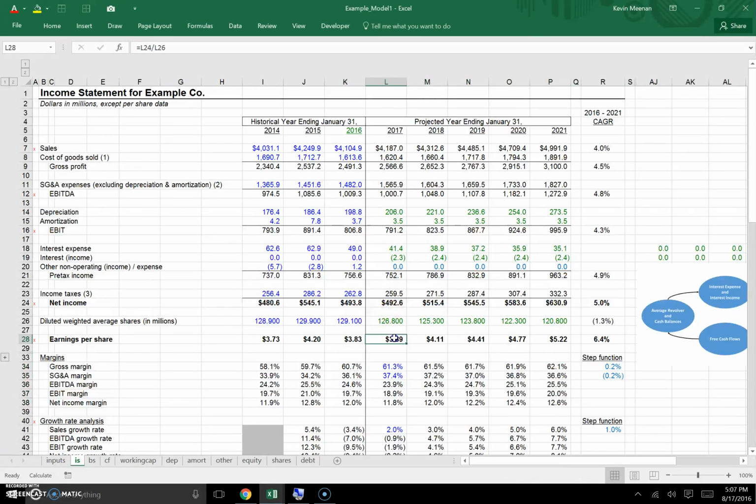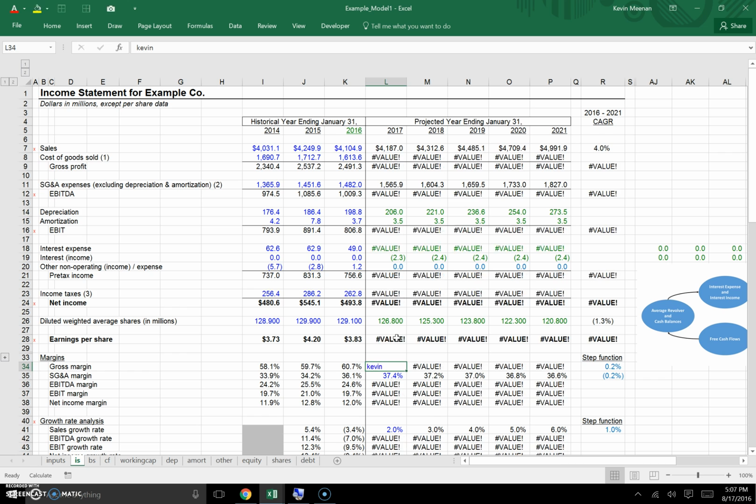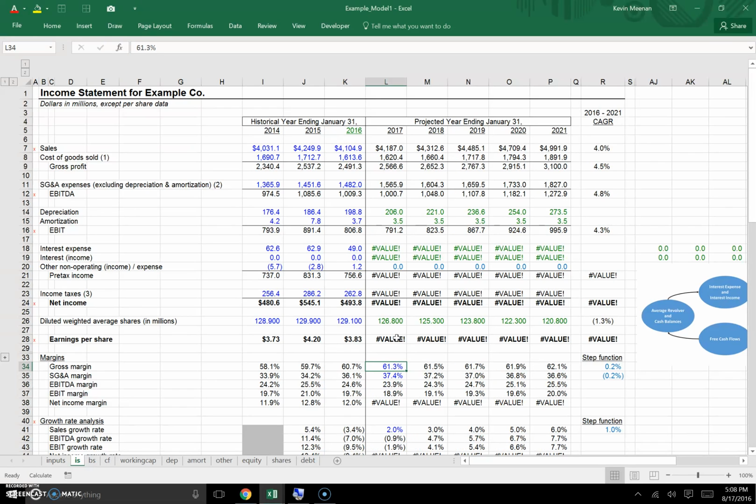So this is a completed income statement, but let's say that it's late at night, and as often happens when you're working late, you make a mistake and you accidentally input a text into a part of the model that is only supposed to have numerical values, and this returns a value error, which means that Excel is looking for a number and it got text and it spits out an error. And I would do what people typically do, and that is hit Control Z,